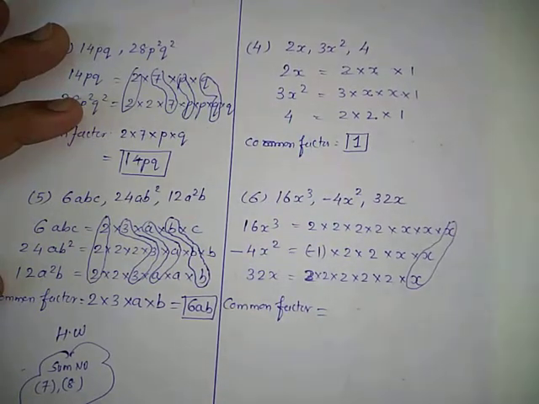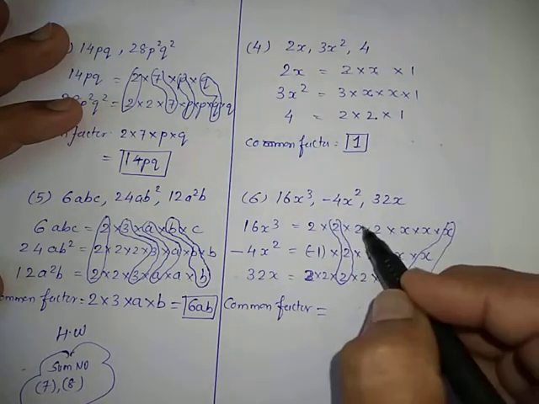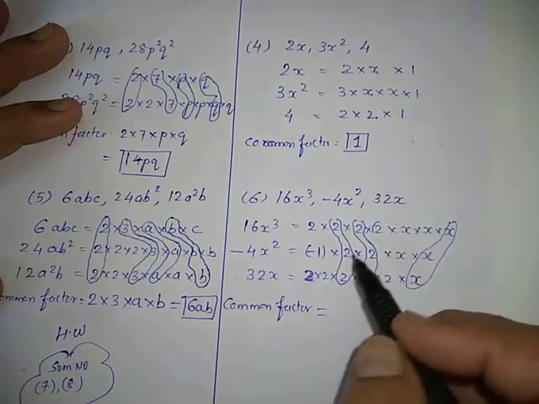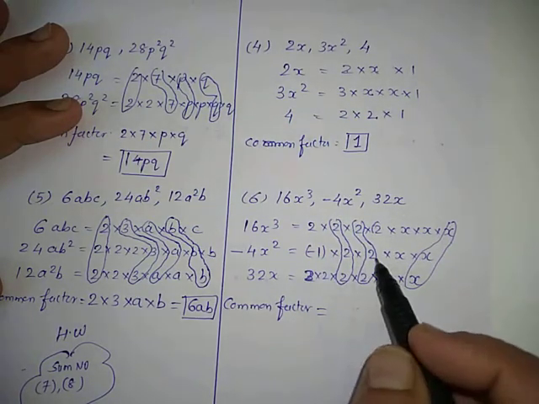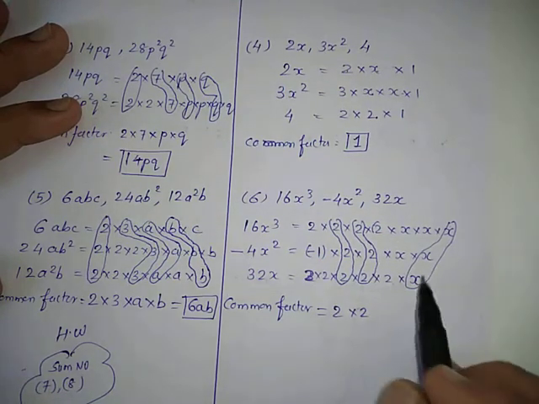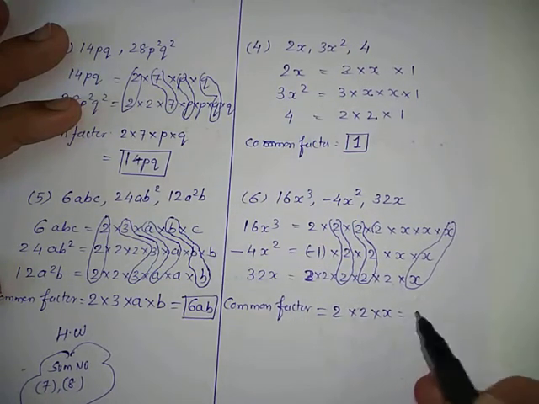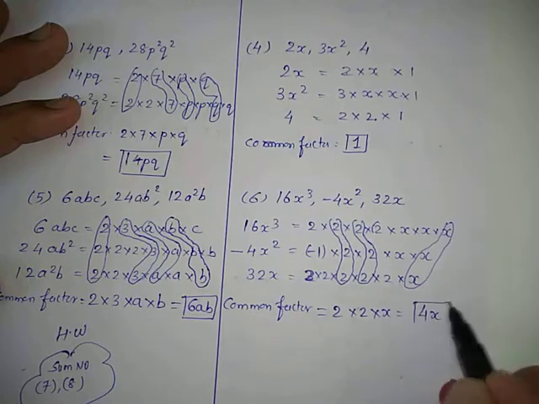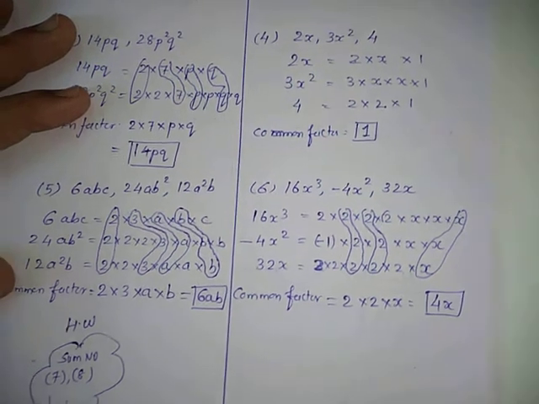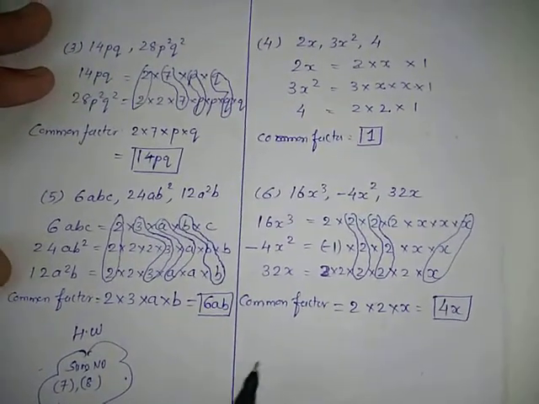Then 2, one time 2, two times 2, okay. So we are getting 2 two times, meaning 2 into 2 means 4 is common, and x is coming out once. So 4x is the common factor among these two. Concept clear? Now the 7th and 8th sums are your homework part. Try to do it.